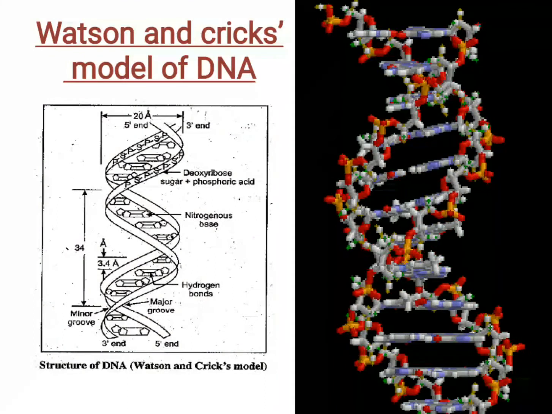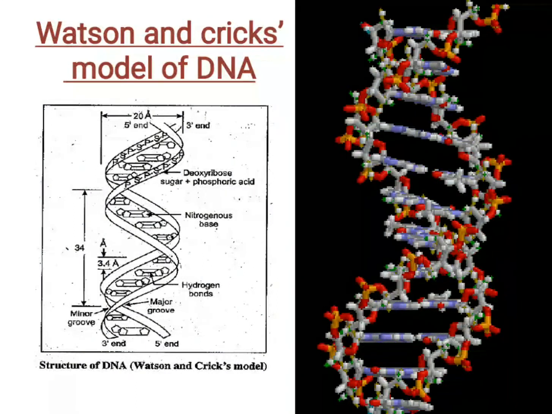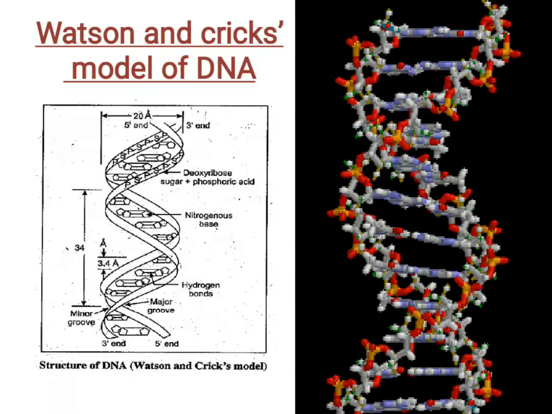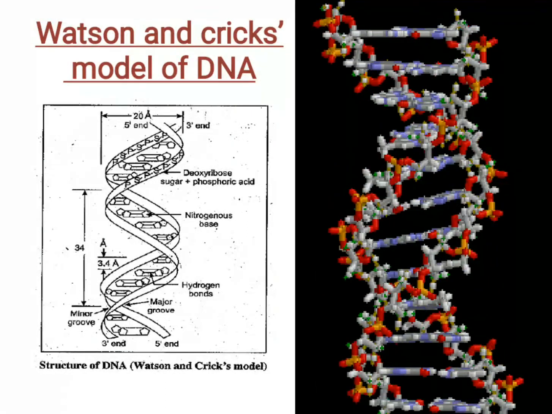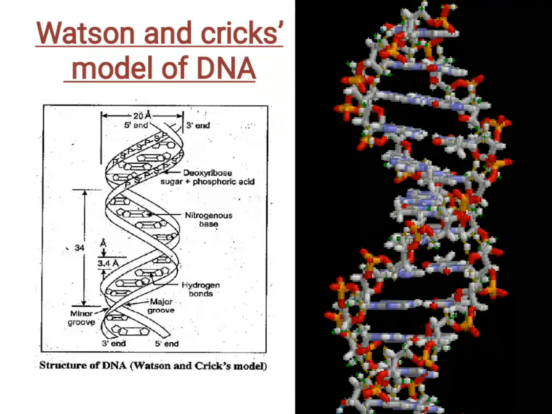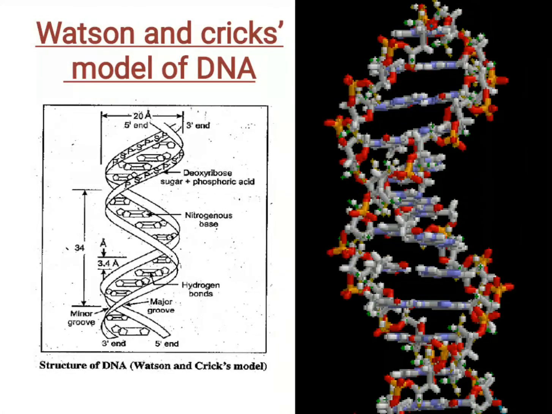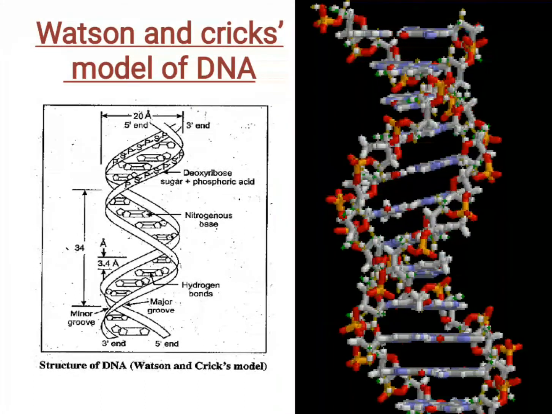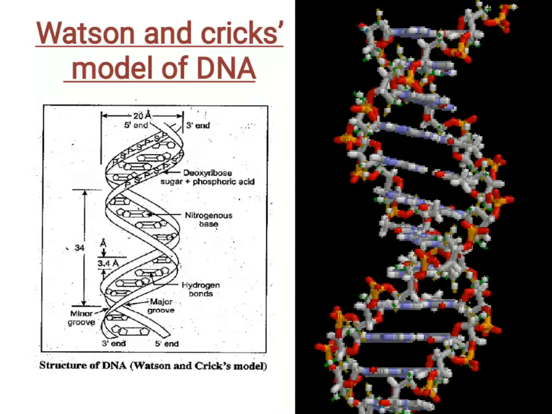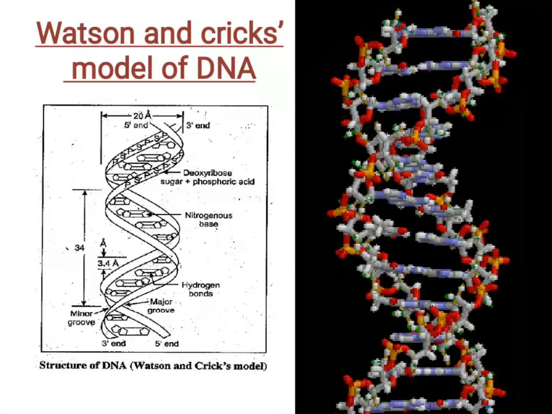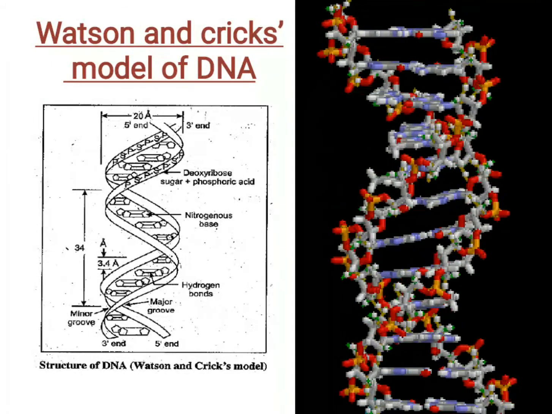Let us discuss the salient features of the double helix structure of the DNA. It is made up of two polynucleotide chains, as you can see in the figure, where the backbone is constituted by sugar phosphate and the bases project inside. Now you can see the two chains have anti-parallel polarity. What does anti-parallel mean? It means if one chain has a polarity of 5' to 3' end, the other has 3' to 5' end. Again, the bases in the two strands are paired through hydrogen bonds, forming base pairs.